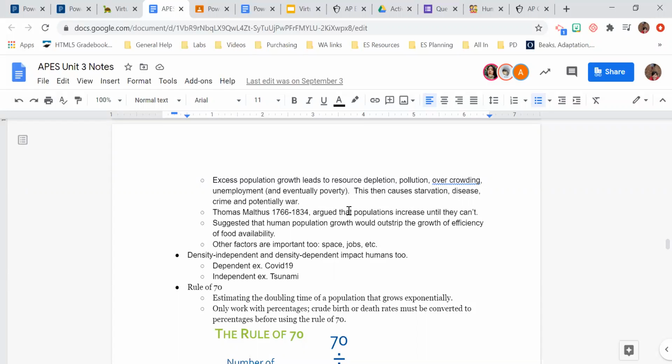Now, thus far, this has not really happened in that way. Human population growth is kind of leveling off because as more countries become developed, people are choosing to have fewer children. Also, every time we have gotten close to the point where we were going to have mass starvation, there has been innovation in agriculture. We are going to talk about the innovation in agriculture aspect in Unit 5. That's when we'll talk about what's called the Green Revolution.